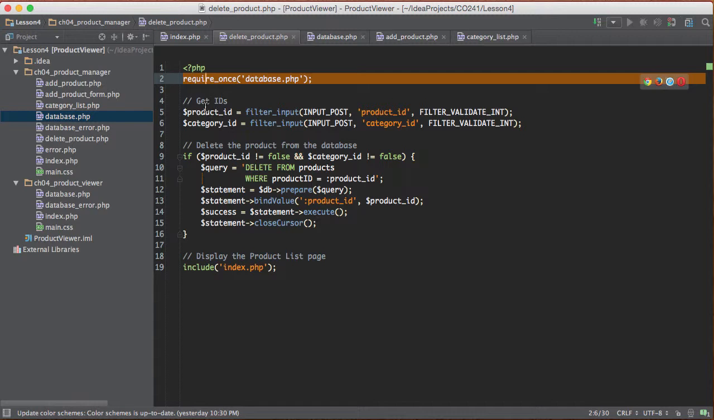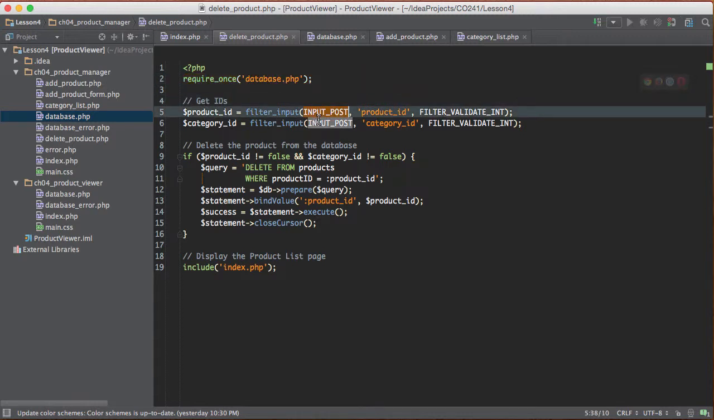So this connects you. Now we go to the post array and we pull out product ID and category ID, expecting both to be integers. And as long as both of those IDs are not false, and by the way, they shouldn't be because you're using the post method and there's no address the user can tamper with. But just as a safeguard, you don't want to do any of this work if either one of those are false. So as long as they're both not false,